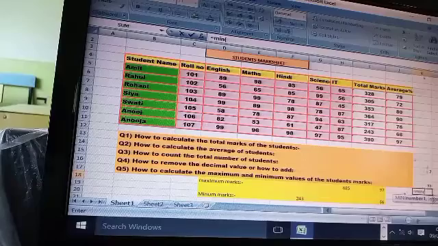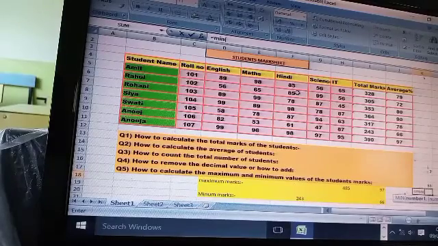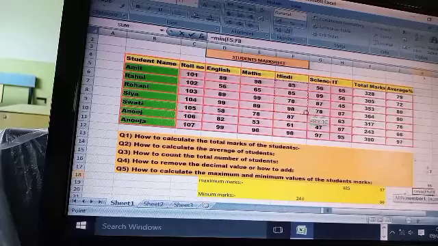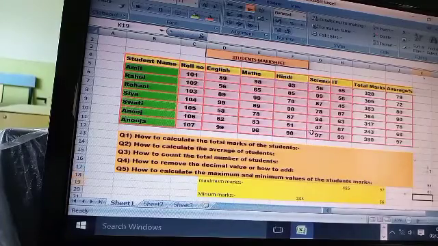The cell is activated. Now select the range of the Hindi subject only. Close the bracket. So 61. Who got the 61? Anuj. It doesn't matter.